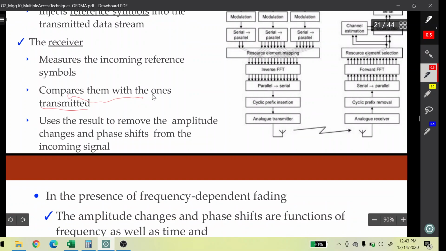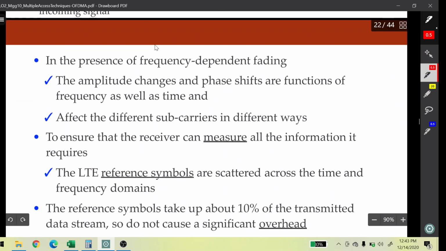Because of that, it could use the result to remove the amplitude change and phase shift from the incoming signal. On the other hand, the amplitude change and phase shift are a function of frequency as well as time, and they affect the different subcarriers in different ways. To ensure that the receiver can measure all the information it requires, the LTE reference symbols are scattered across the time and frequency domain. So if we are looking at this resource block,